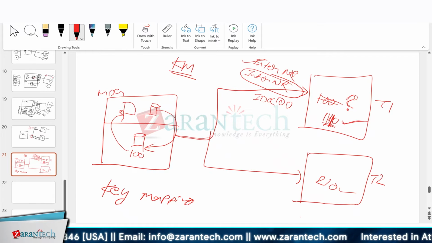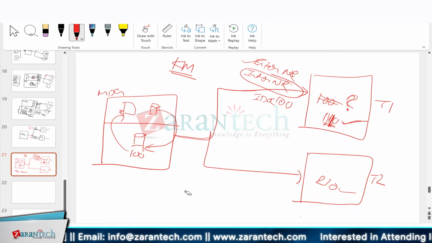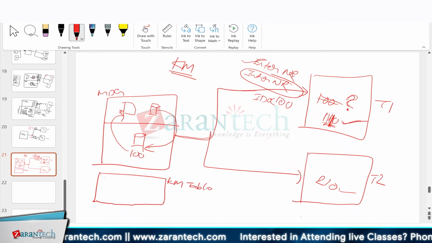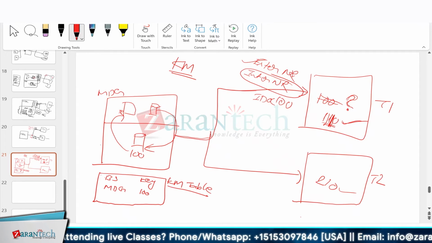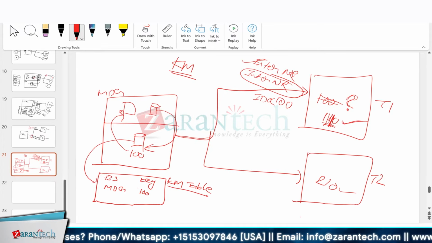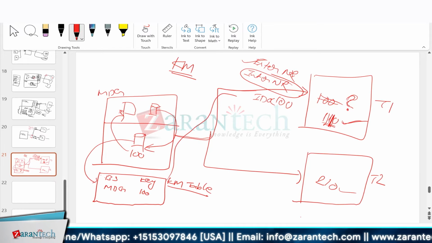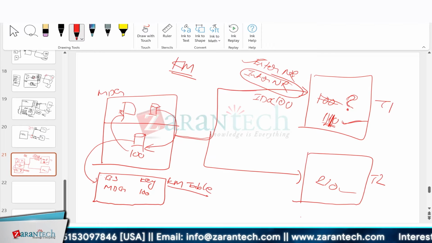Within your MDG itself, SAP has created one table called the key mapping table. In this key mapping table, it maintains your business system and key. Here, my business system is MDG, key is 100. So there will be an entry made. While it is replicating, the system will make an entry into this table and then the data will be replicated to the target system. Once the IDOC is posted successfully in the target system,